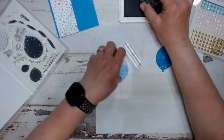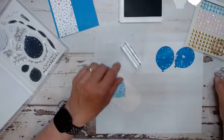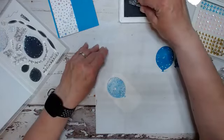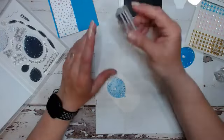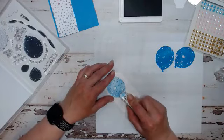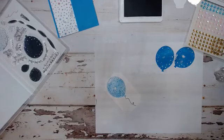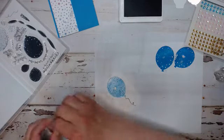So just ink that up. And we're going to hold off on that because I have to add my other balloon. But we'll do our string. Looks like that. And that lined up beautifully. Now my other balloon that I just mentioned,